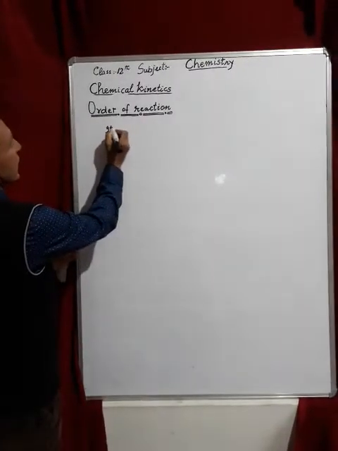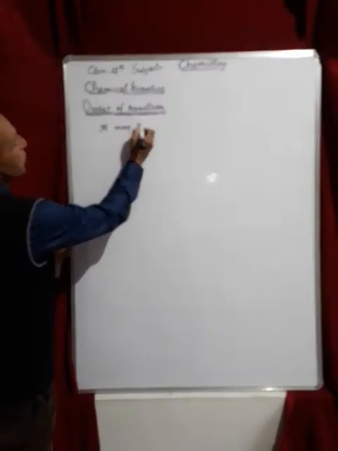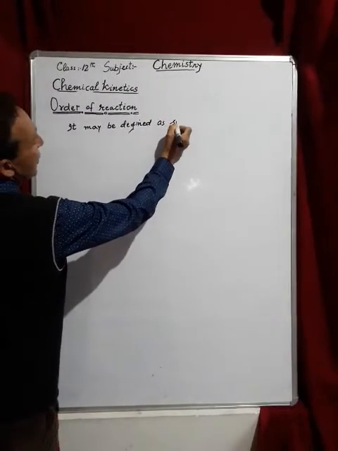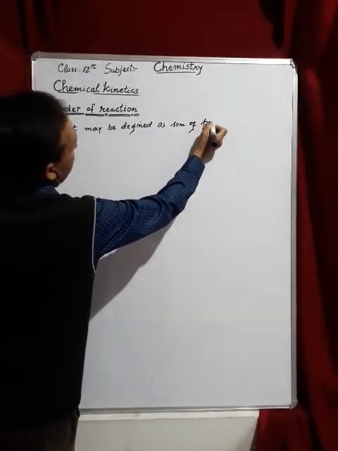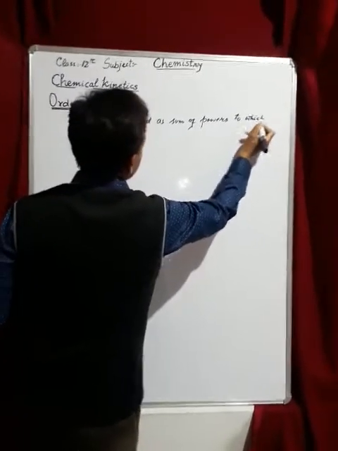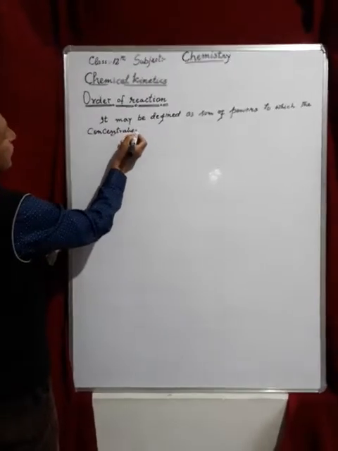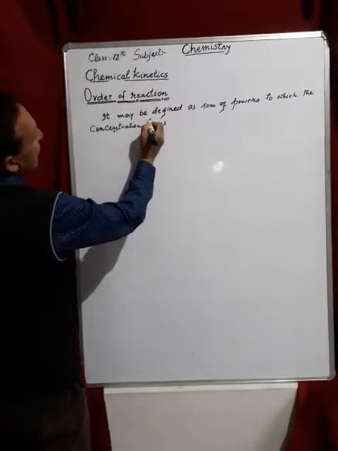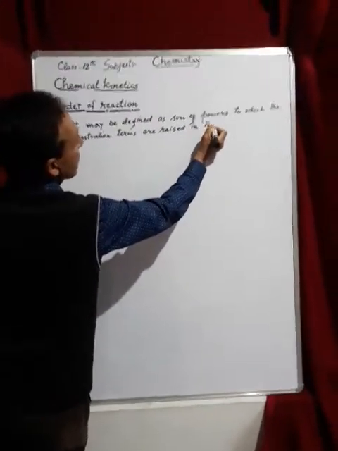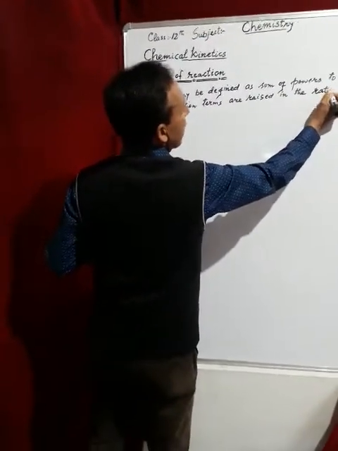So it may be defined as the sum of powers to which the concentration terms are raised in the rate law expression